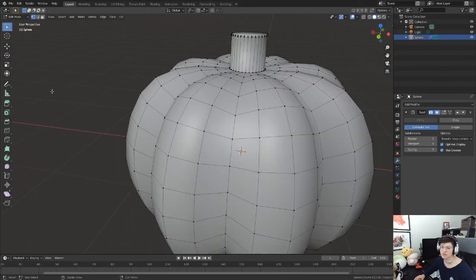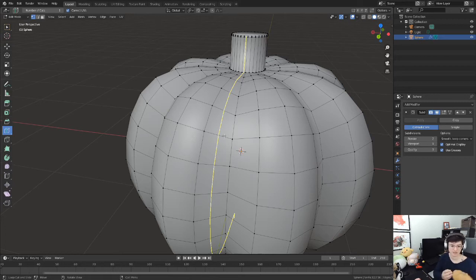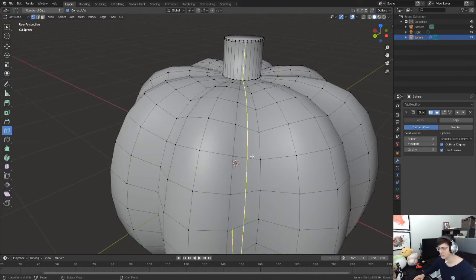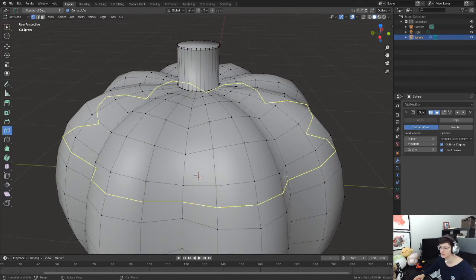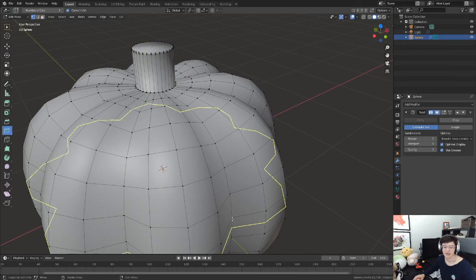So with my loop cut tool, I'm just going to add it to the left of each of those just to be consistent. So I'm just going to add one, rotate, add one, rotate, add one, rotate, add one,